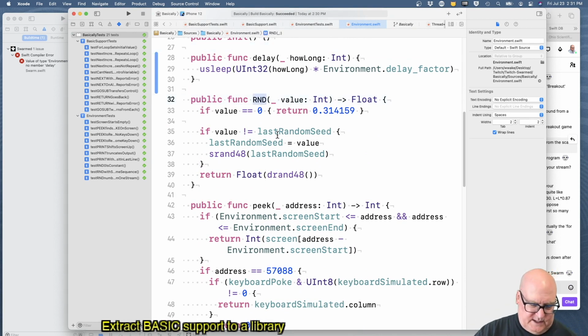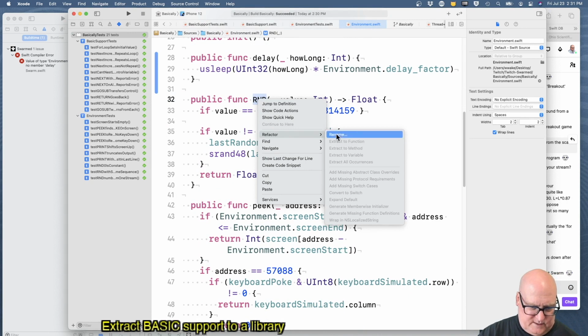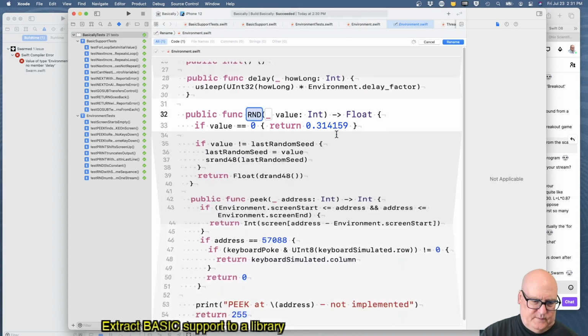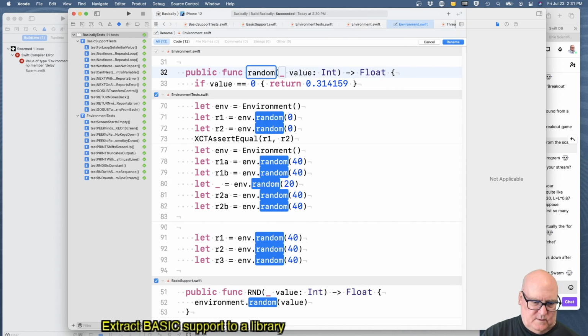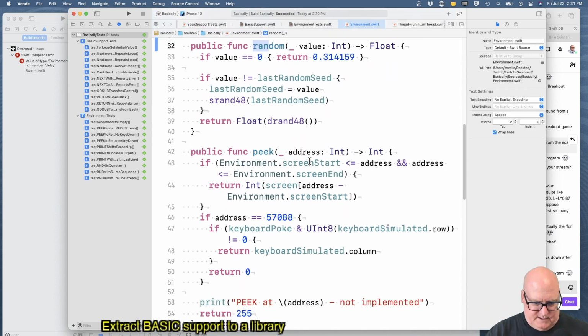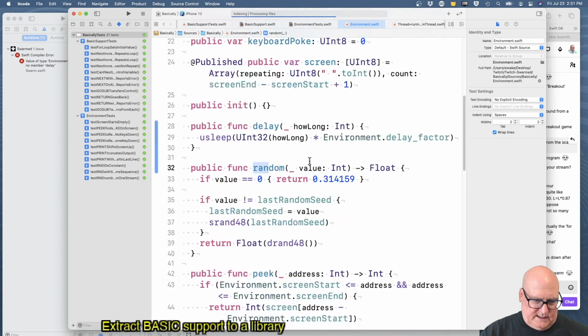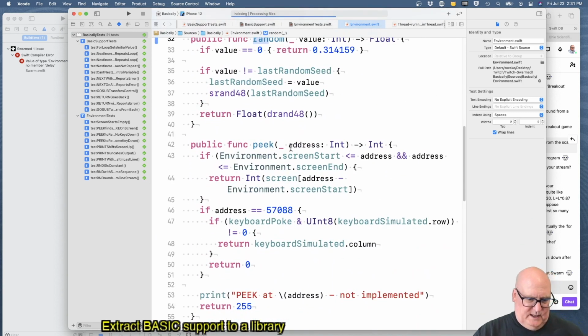I almost think this should just become random. Refactor, rename, random. He calls the srand and stuff. That's okay. So I'm trying to get nice lowercase names. Peek, poke,